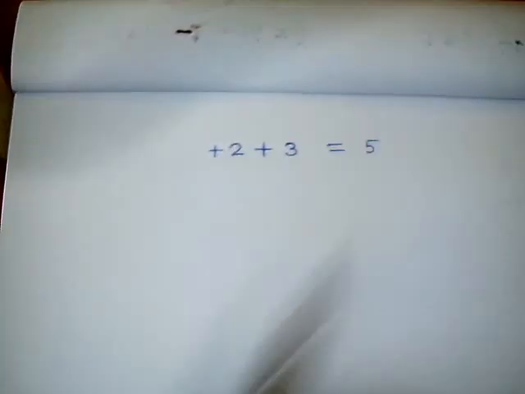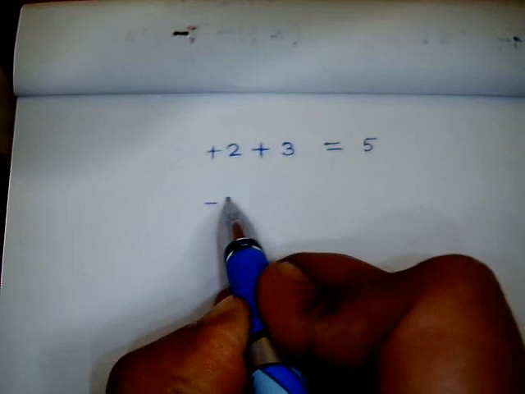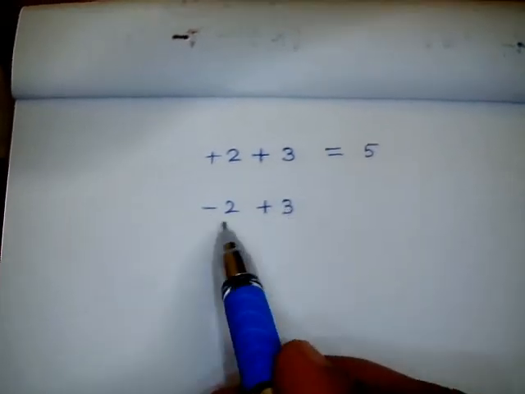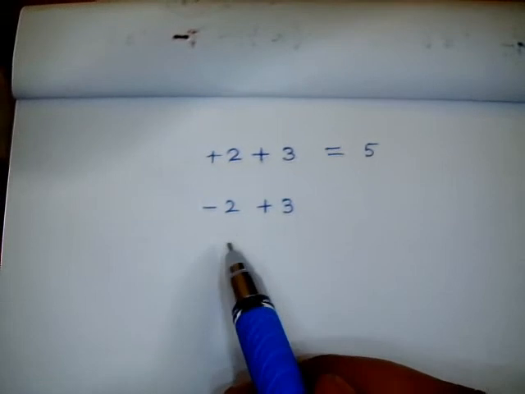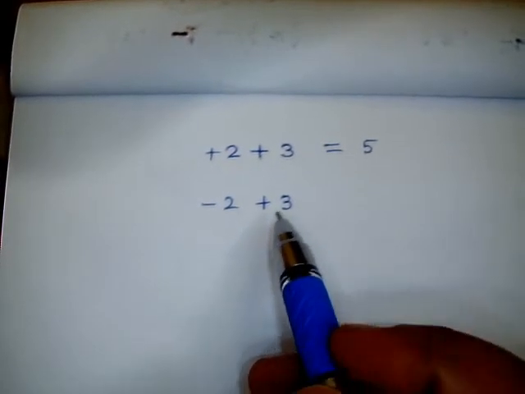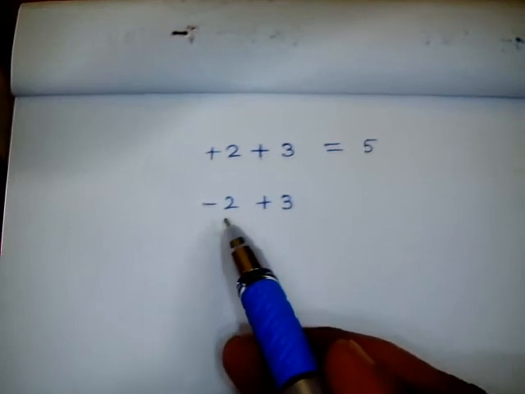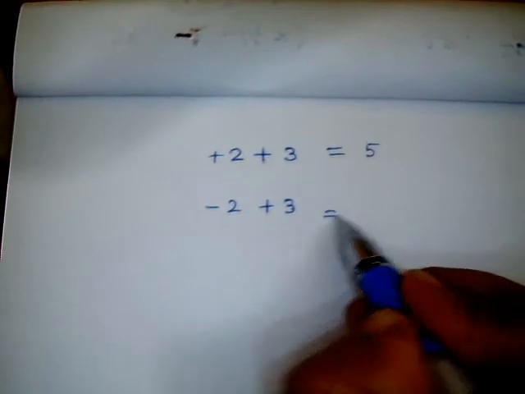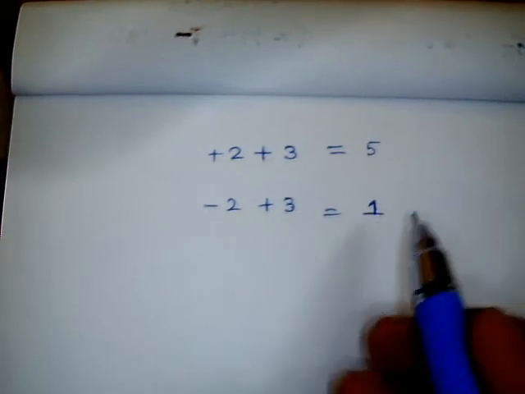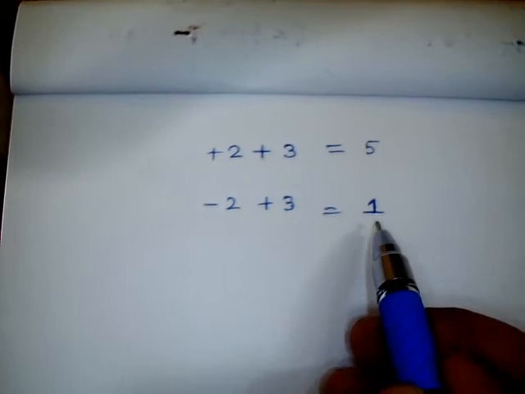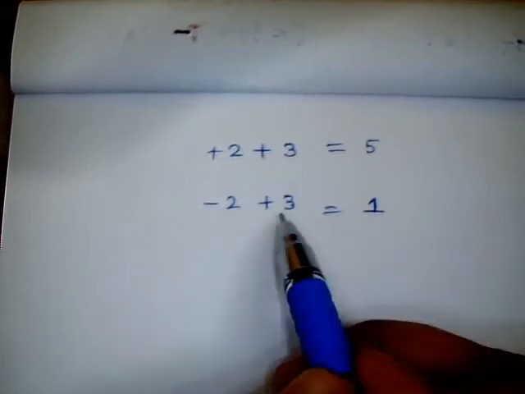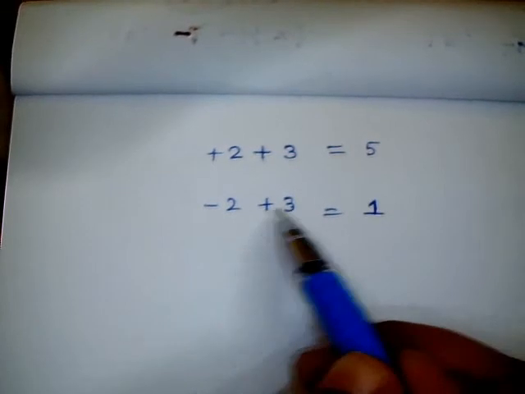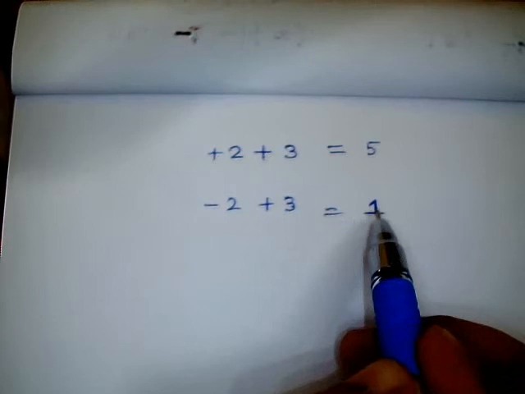And it is going to be 5. Suppose an example, if it is negative 2 plus 3, one is negative and one is positive, so subtraction will happen. From the greater number you subtract without considering the sign. So from 3 I have subtracted 2, and the result is going to be 1. Now is this 1 positive or negative? The greater part is 3 and 3 is of positive sign, so the number which is left, that is 1, will be positive.